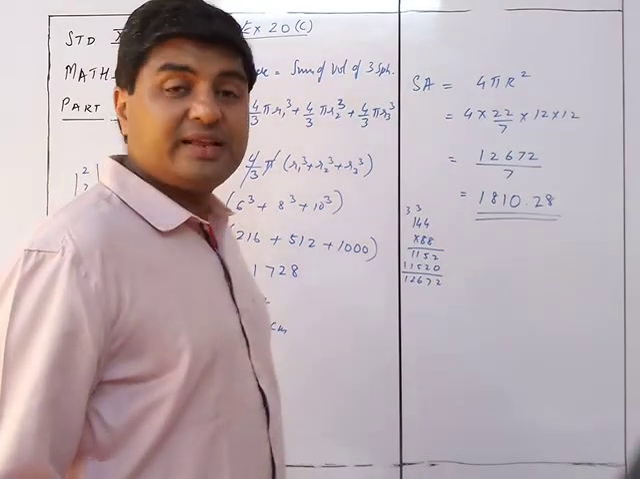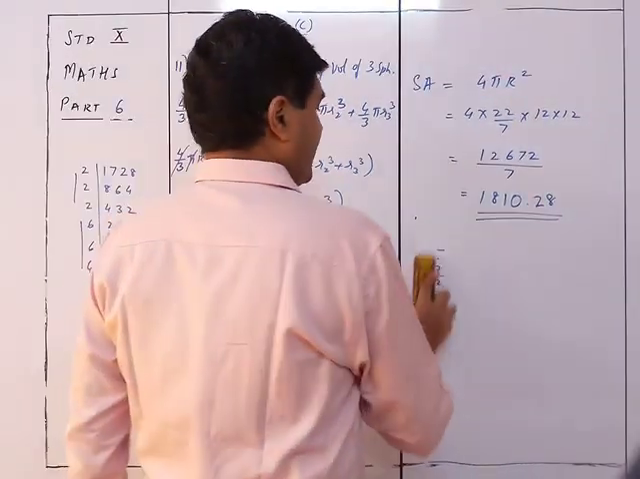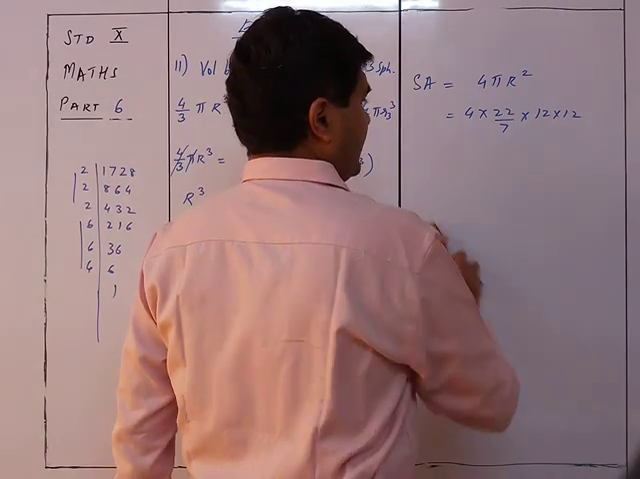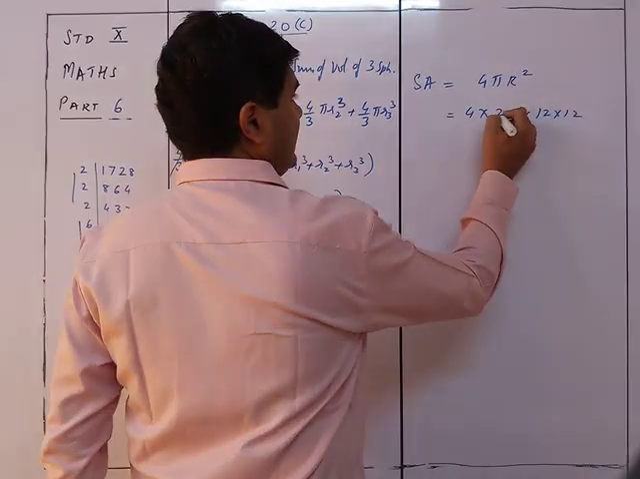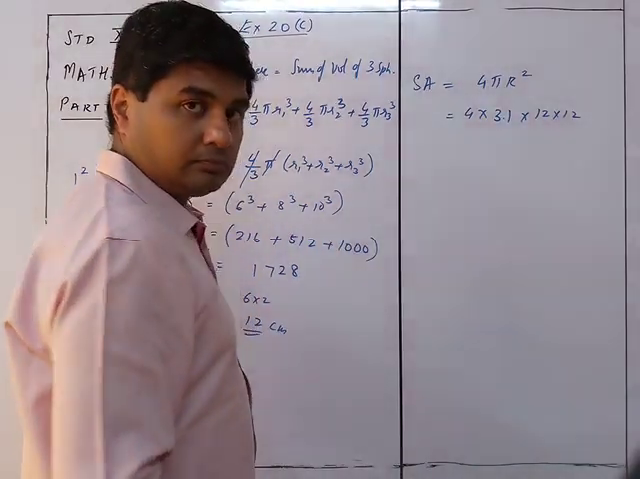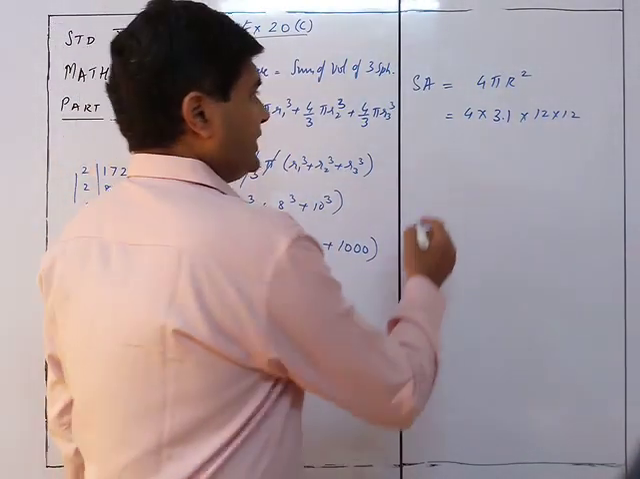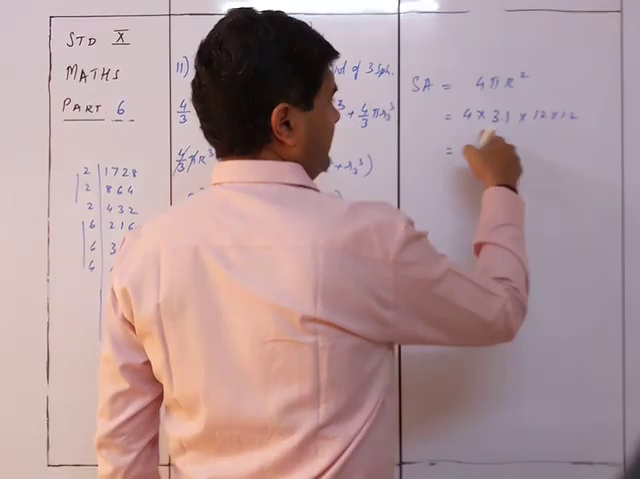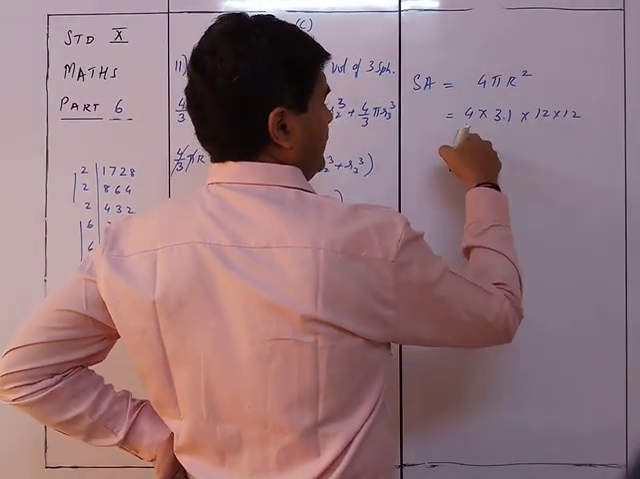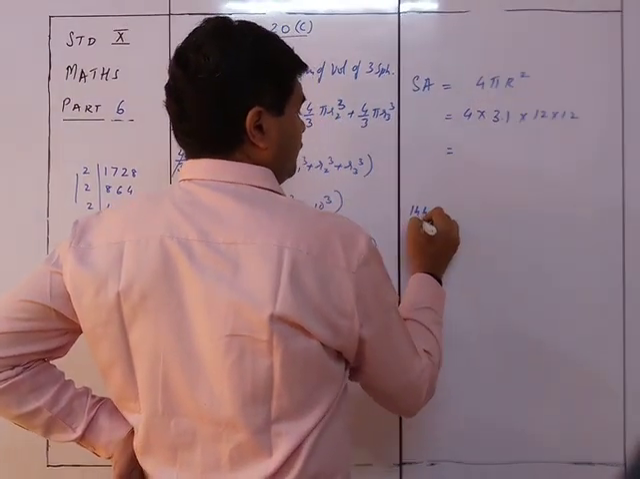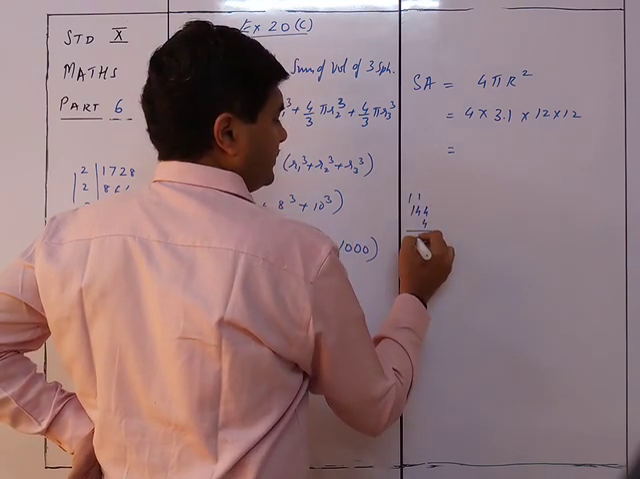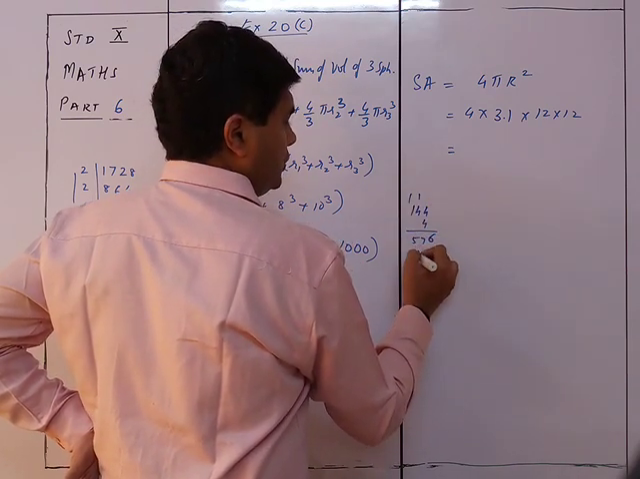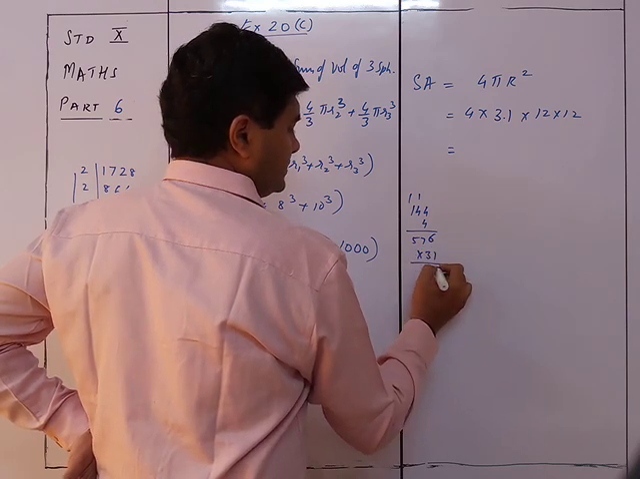The mistake is they are given the value of pi. So they are given the value of pi, so automatically I cannot take it as 22 by 7. I'll have to take it as 3.1. Okay, so that will be equal to 144 into 4, so 144 into 4. So 4 4s are 16, 4 4s are 16, 17, and 4 1 are 5. So 576 into 3.1, so it is